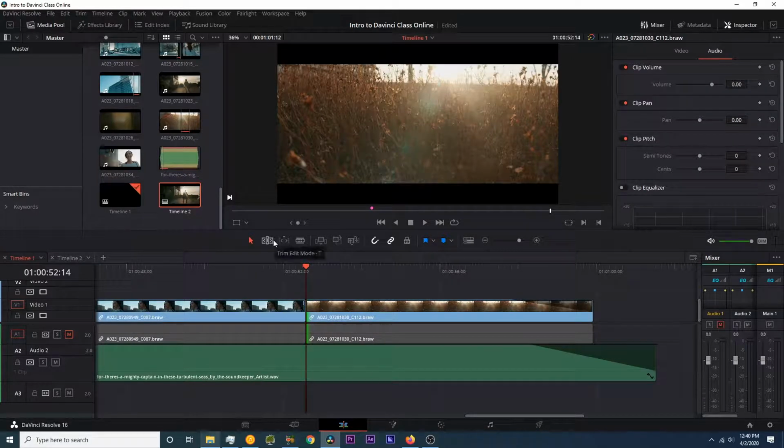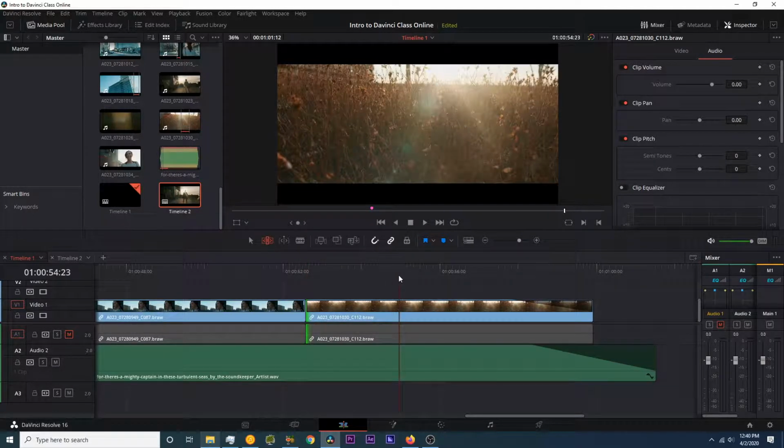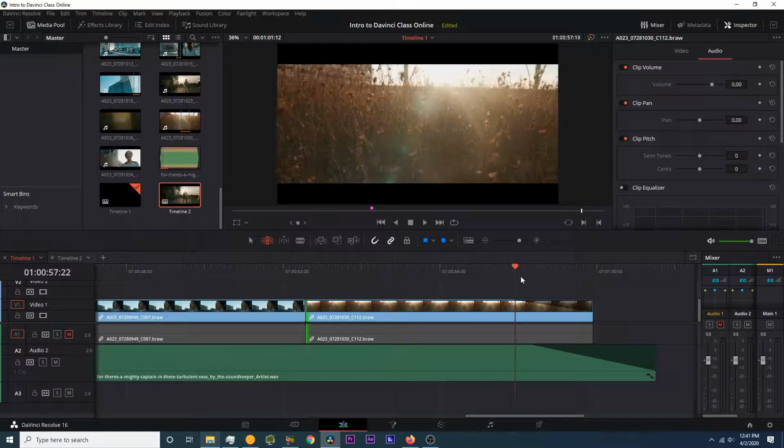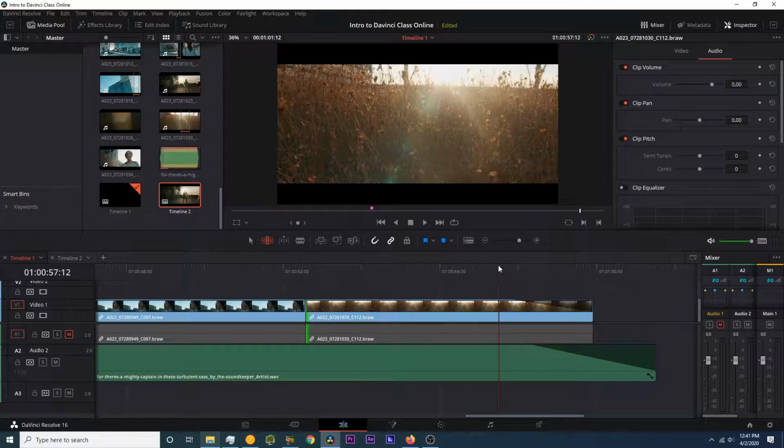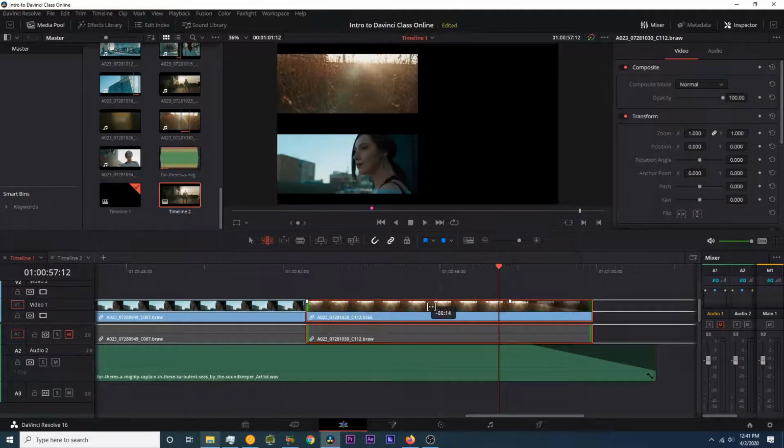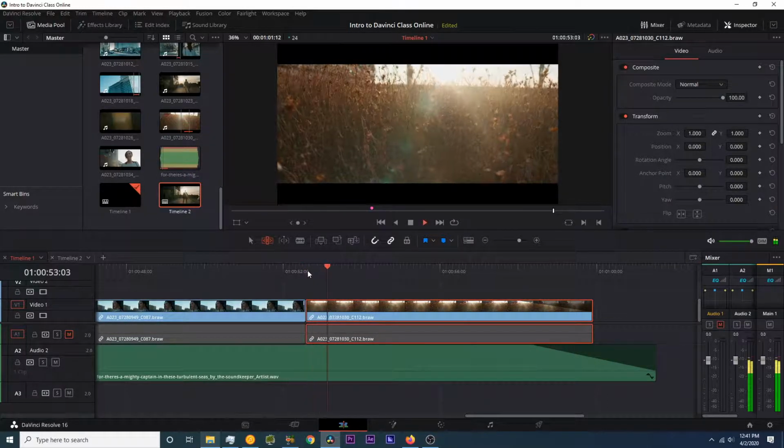The last tool, the one that I just spoke of, is the trim edit mode tool. So if I select it, now I have access to a couple different types of functionality that it brings. For instance, let's just say Kaylee reaches in and she grabs one of these little flowers right here, but it's kind of happening during an awkward time, like the video is fading out and I don't feel like it's quite in a good spot. So if I wanted to, I could just select right here and I could actually move my video back so that now when I play this,